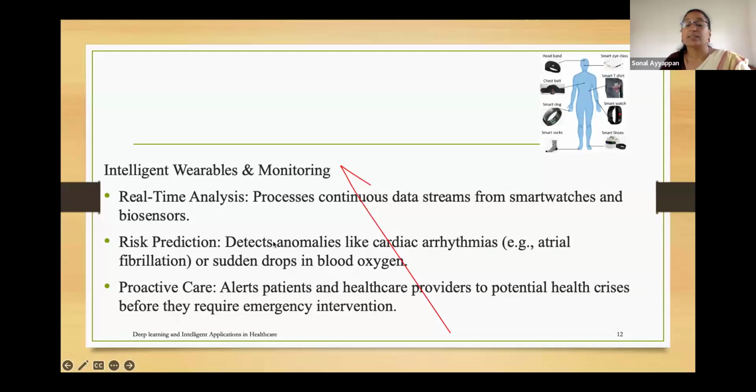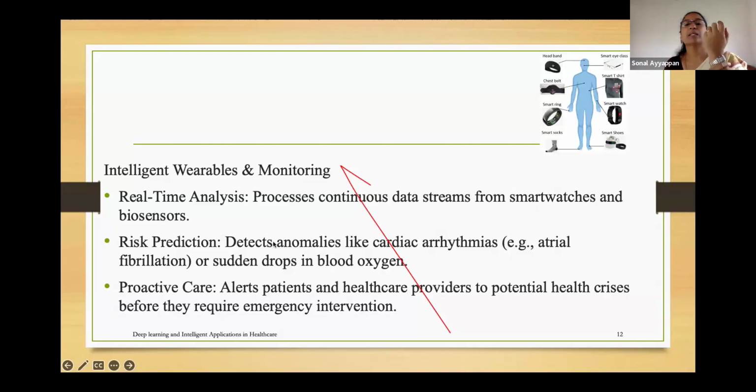Raspberry Pi comes into existence. We did a project where a wearable device was prepared by our students. It was something like a wristband, and it had to be put onto the wrist. It's already commercially available, but we could see how this works, and the students did it very well. It detects anomalies like cardiac arrest as well as a sudden drop of blood oxygen. It alerts the patient. We've heard in many papers about such devices, and that is what we initiated in our project.